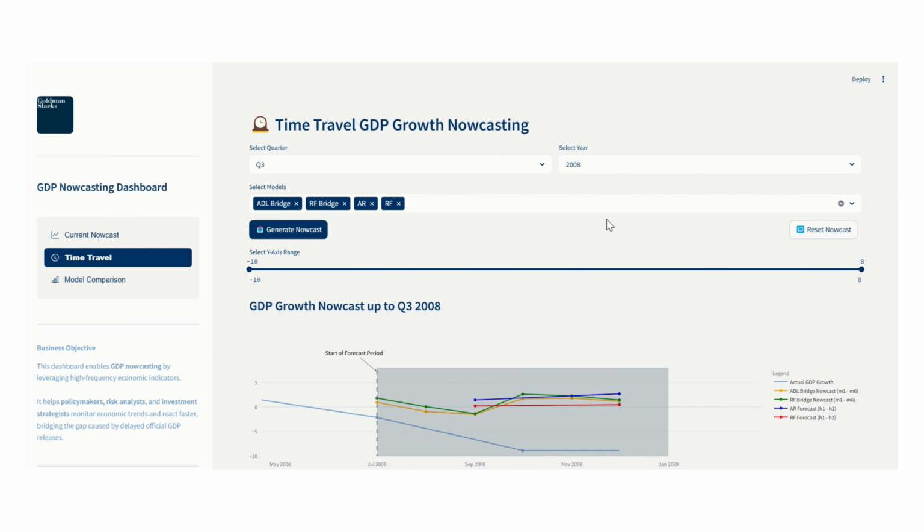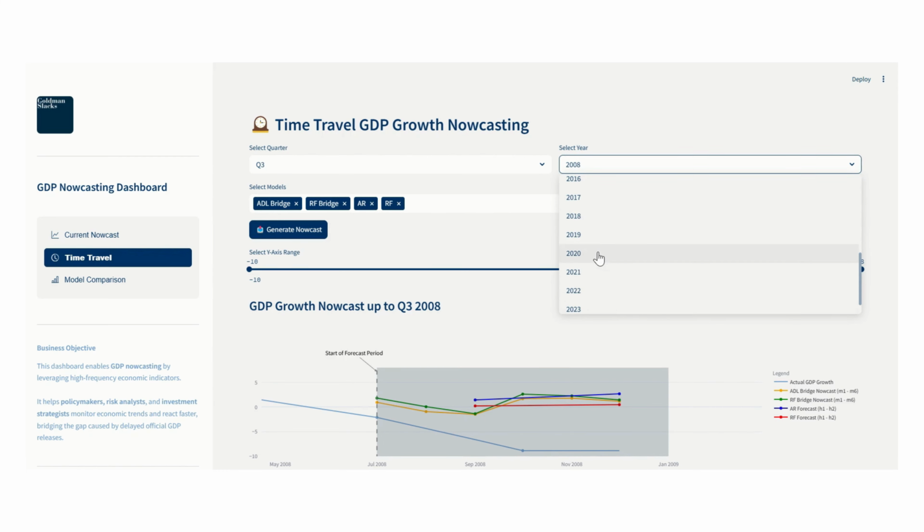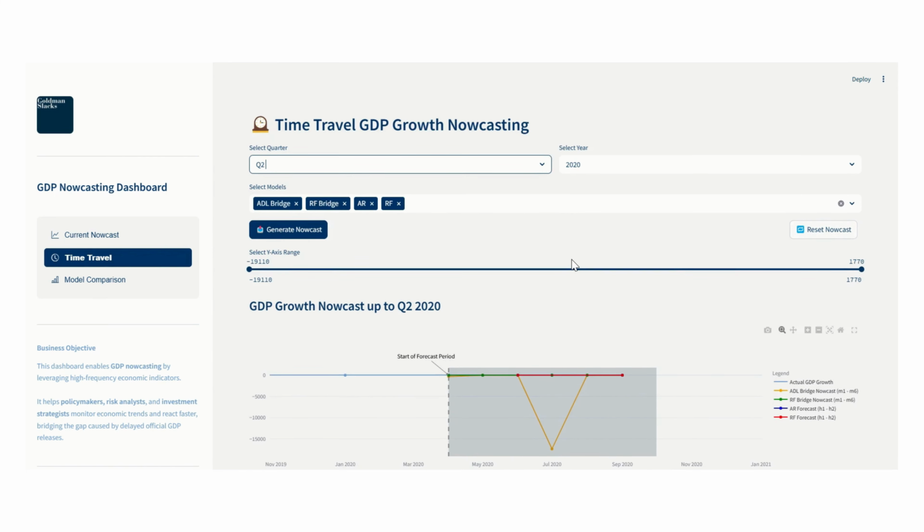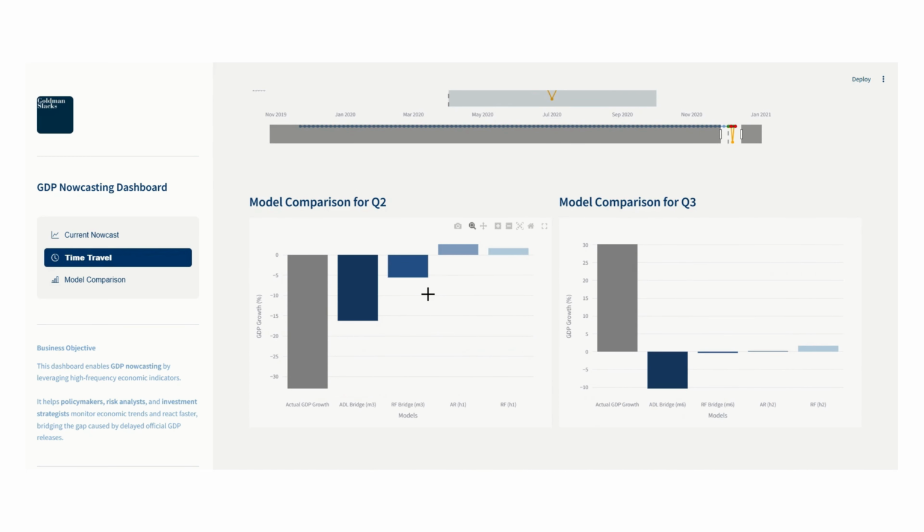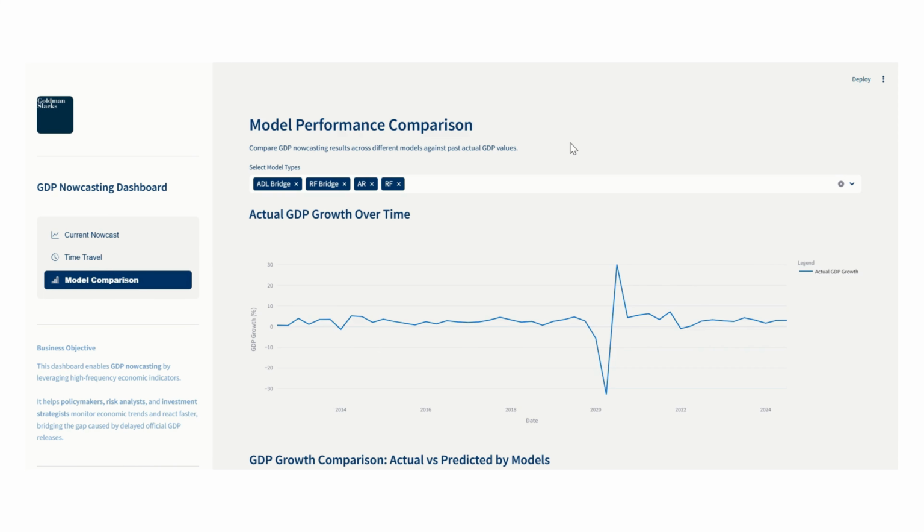Let's also see how the models would have performed during the 2020 COVID recession period. As you can see, in both events, our bridge models have outperformed the benchmark models, which is pretty useful for stress testing. With the model comparison tab, which gives a long-term view of model accuracy by comparing predictions against actual